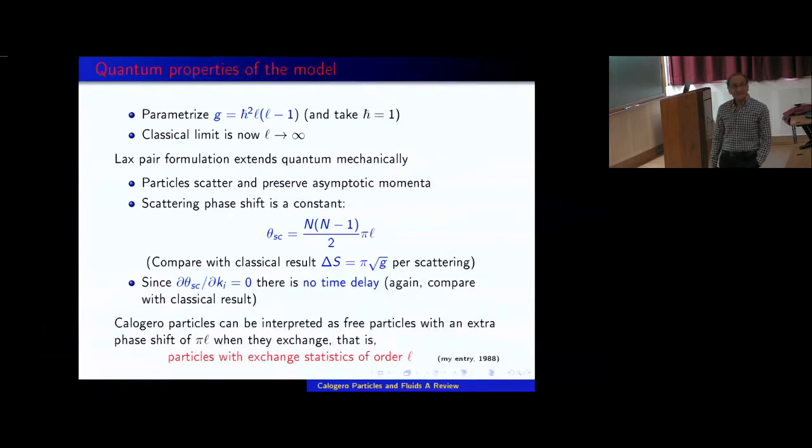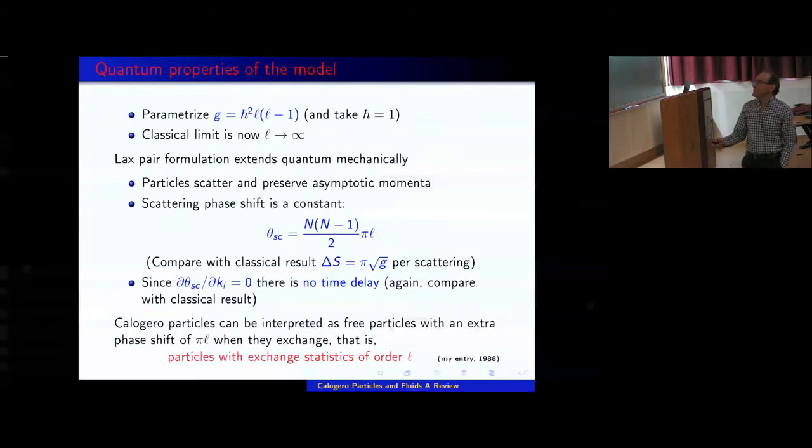This is interesting because, as you remember, the derivative of the scattering phase shift with respect to each scattering momentum gives you the corresponding shift in what I call impact parameter, perhaps by abuse of notation. Actually, the derivative with respect to the asymptotic energy of each particle would give you the time delay of this particle in the interaction. Those time delays are all 0 because this is just a constant. So you get the quantum analog of what we saw before. Particles scatter, and you wouldn't know that they interacted by looking at their asymptotic data. There is nothing to show you that they interacted.